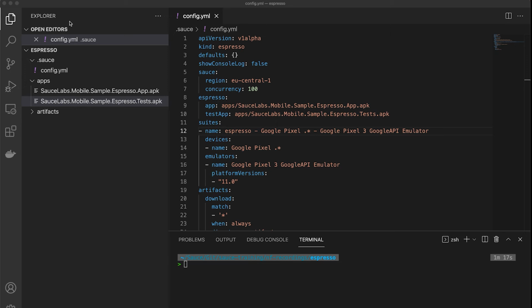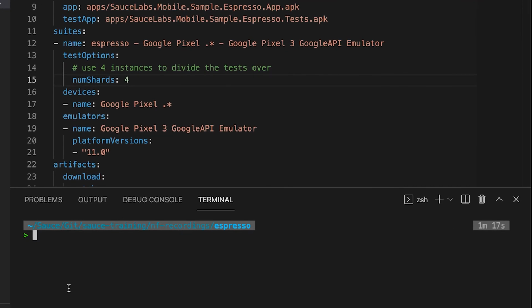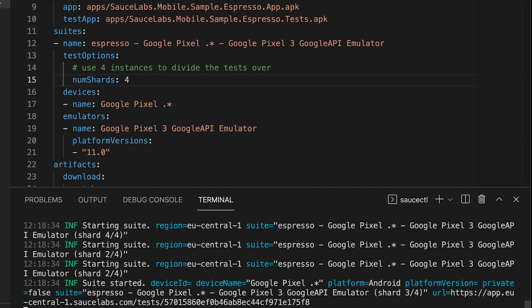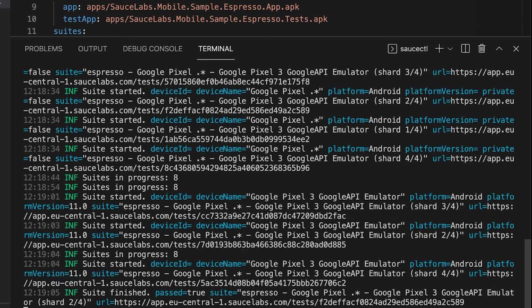When sharding is configured, SASctl automatically creates the sharded jobs for each of the devices defined for the suite based on the number of shards you specify. In our case, we're going to define 4 shards, and the test methods will be divided over 4 real devices and 4 emulators. The shards need to be added on the suite level. If we now run our test case again, we will see that SASctl will divide our test cases over